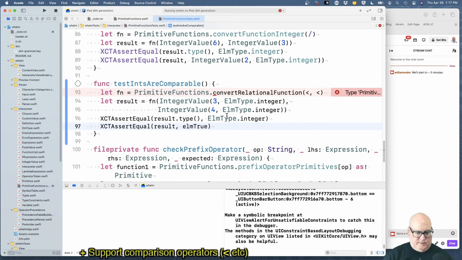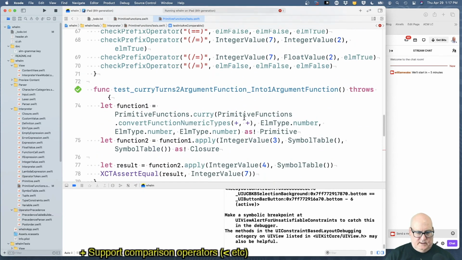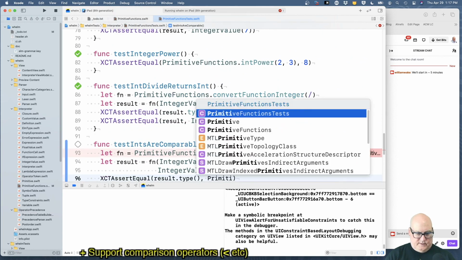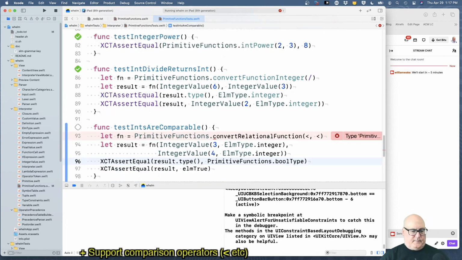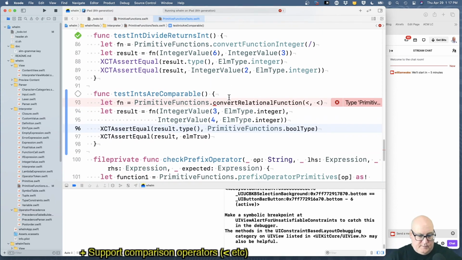And its type should be Boolean, which is primitive functions bool type. So if you compare 3 less than 4, both integers, you expect to get a Boolean back, and we expect the value true. Okay. We don't have a convert relational type,